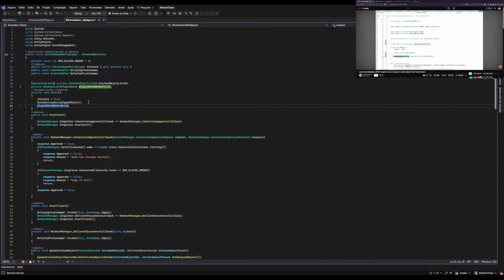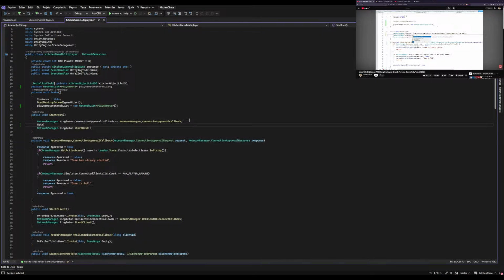Okay, so now that we have this list, let's populate it when a player connects. So let's listen to that callback. So over here on the start host, let's go into the network manager, the singleton, and let's listen to the on client connected callback. So let's listen to this and let's rename this so the network manager. Okay, great. So when the player does connect,